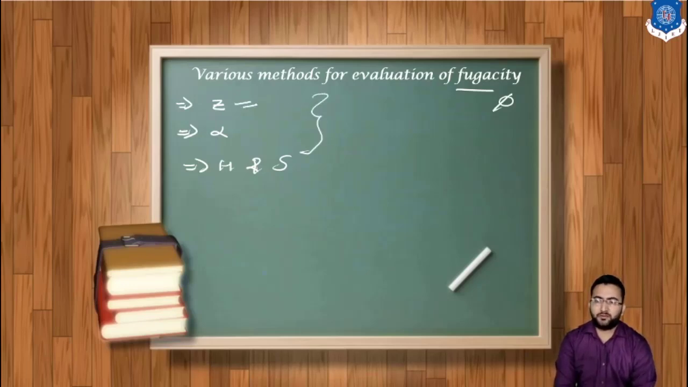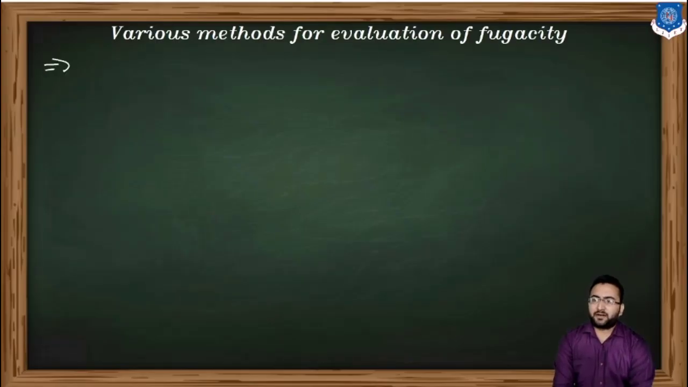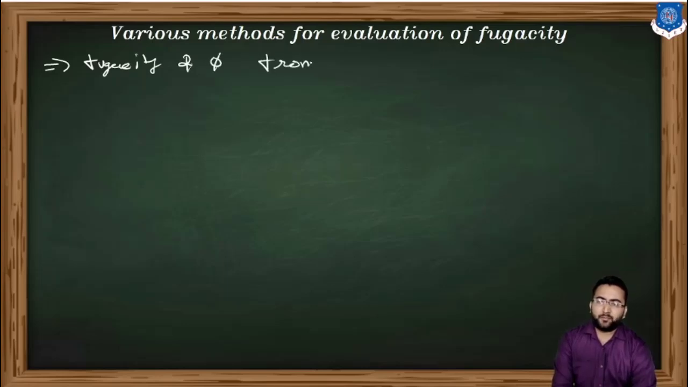Method 1, which is using compressibility factor. Method 2, which is using residual volume. And third method, which is using the value of enthalpy and the value of entropy. So let's first start with using the value of compressibility factor. Fugacity and fugacity coefficient from compressibility factor Z. Compressibility factor can be used to predict fugacity coefficient at lower pressure for real gas, and